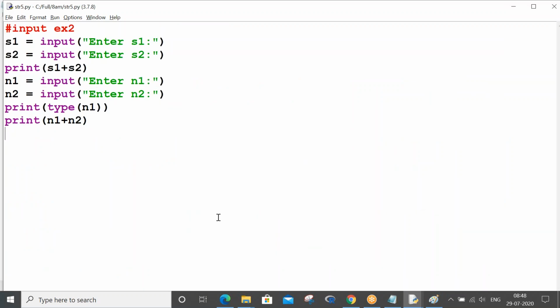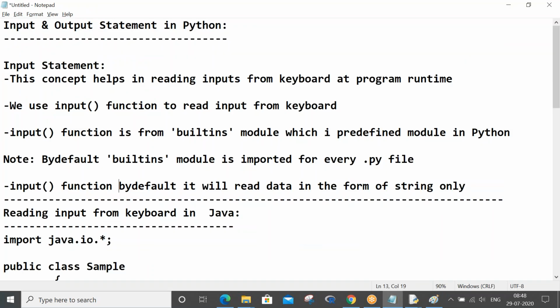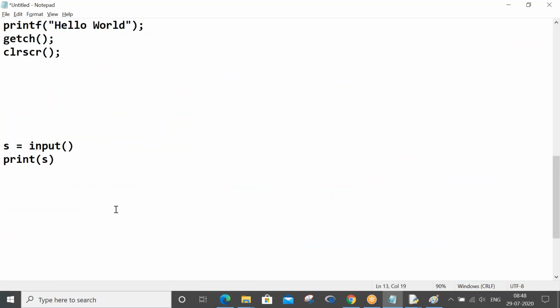Then how, sir? If you really understood yesterday's class, I have told you, you can convert str type into int type using int function, float type, type conversion. Yesterday last 15-20 minutes we discussed this only.